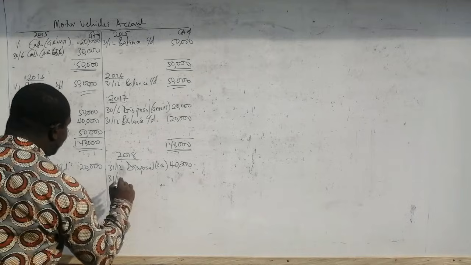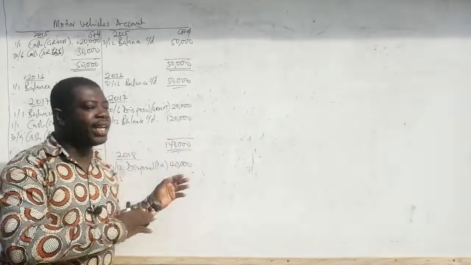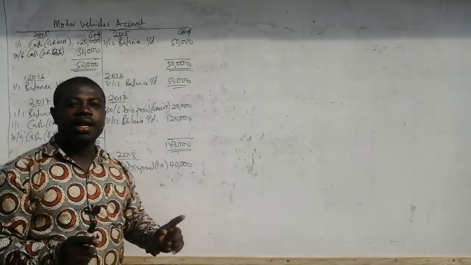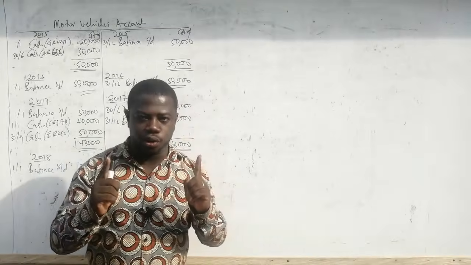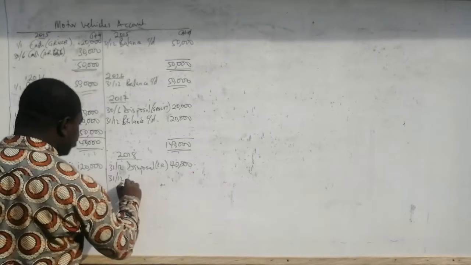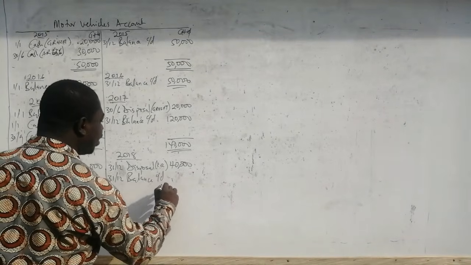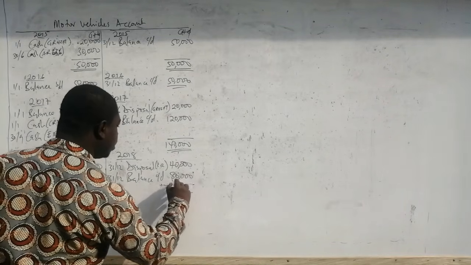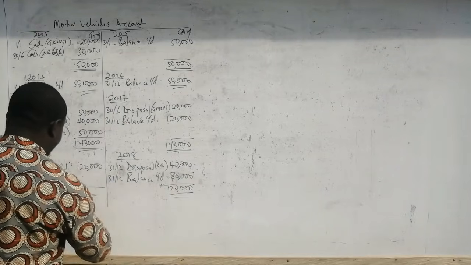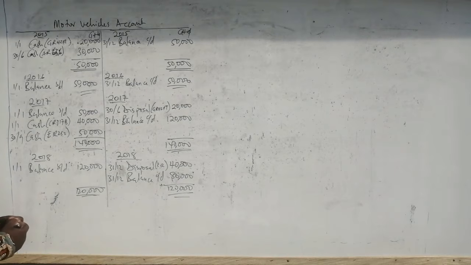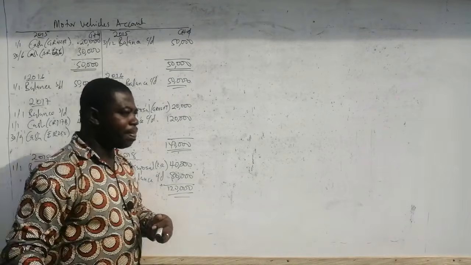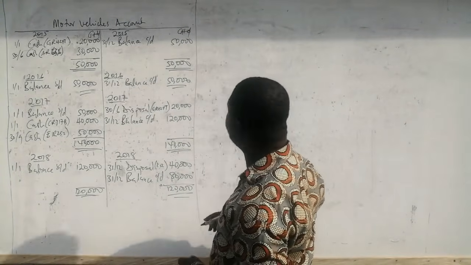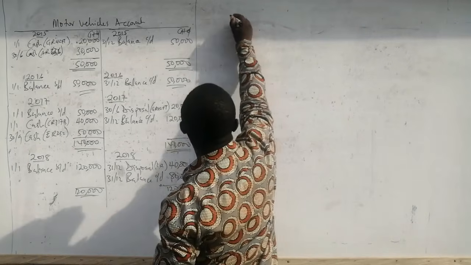Nothing more to add. Because the only things that matter with the motor vehicle account or the asset account is acquisition and disposal. And remember that whether it's acquisition or disposal, we record only the cost. Okay, so then afterwards we will look at our balance carry down on the asset account, and that is going to be 80,000 because we have a total of 120,000 for both sides. So we are done with our motor vehicles account. I believe you are okay with the motor vehicles account because we are moving on quickly to prepare the provision for depreciation account. So